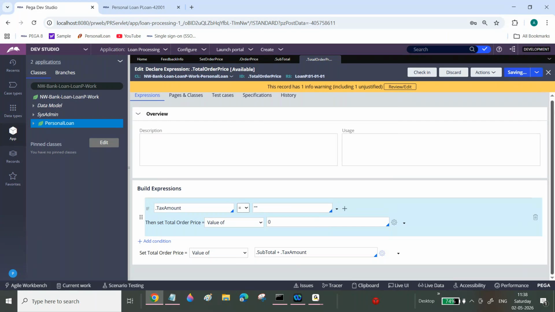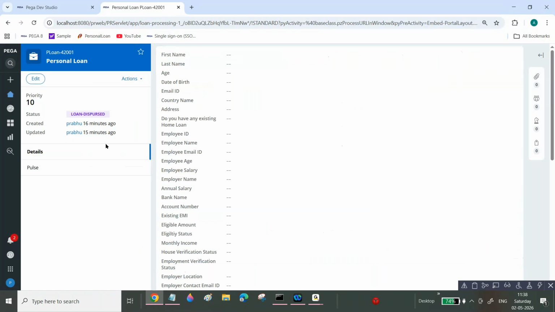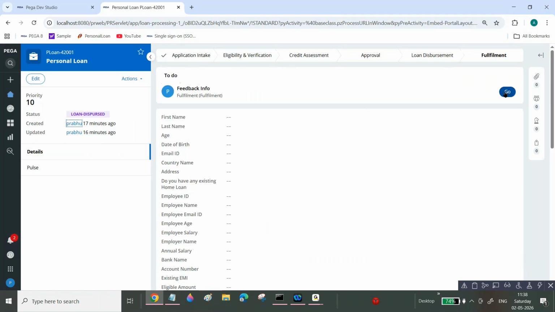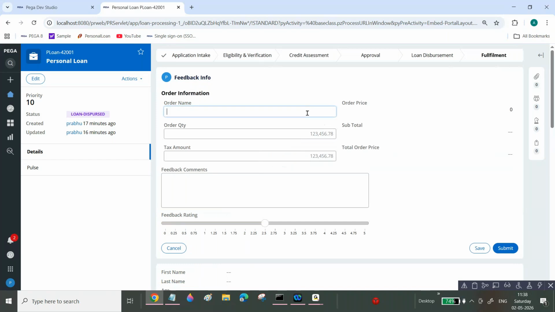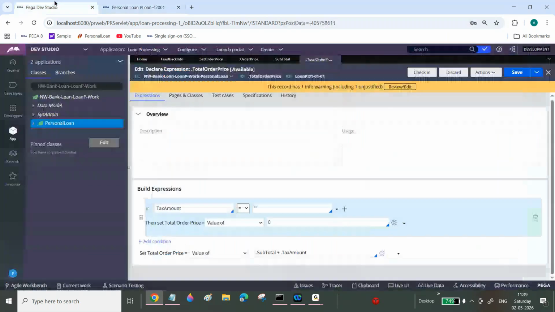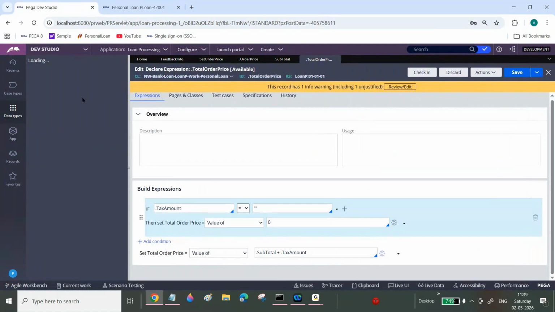you can conditionally hide also. Fine. Now see, is it calculating the total order price now? Now, sir, when I'm entering it, only at that time it is calculating. Similarly, whenever you want to do some calculation, we can use this. Now see, what I will do is I'm going to create